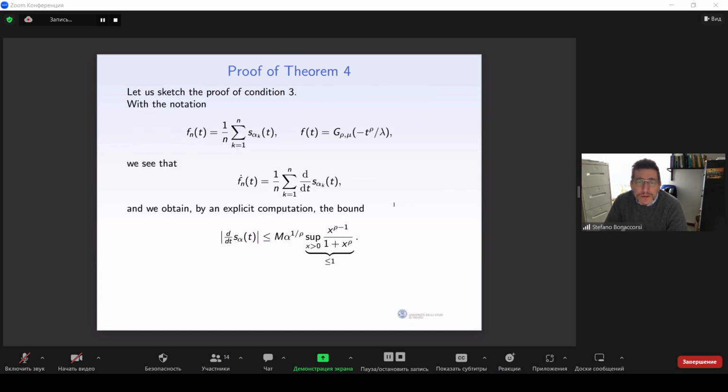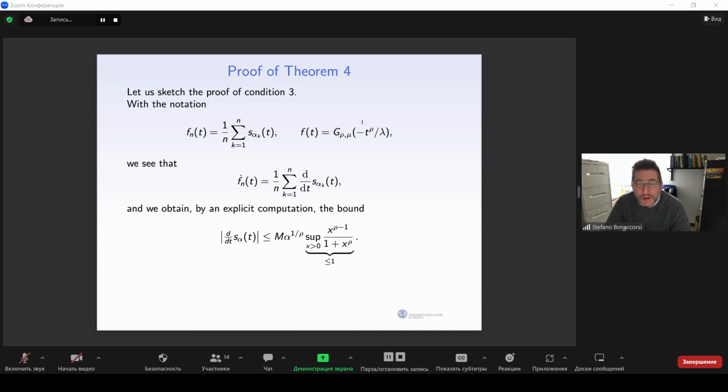So it remains to prove that we can apply this in our case, and we have F_n(t), which is given as the limit of the partial sums. F(t) is the limit of partial sums, and we already know that it's given by the Fox-Wright function. We can explicitly compute the derivative in both sides and see that we can bound